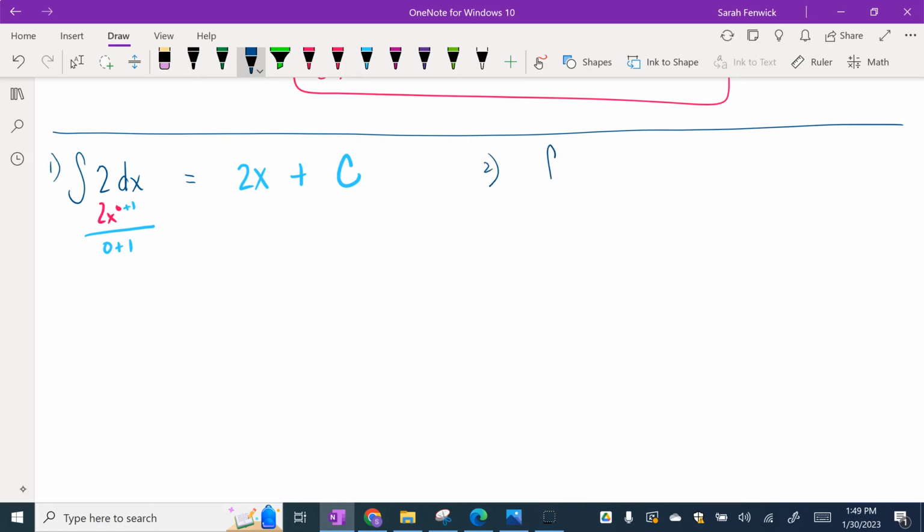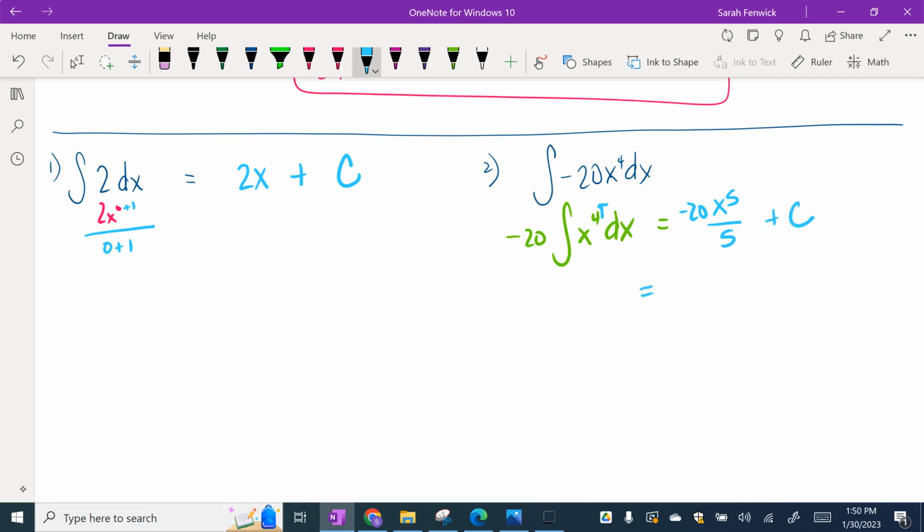Next, let's do the integral of negative 20x to the 4th dx. Well, technically the negative 20 can come out, but I usually skip that step because it's pretty self-explanatory. Then my power is going to go up by 1, so I have x to the 5th over 5, and that negative 20 there. So when you simplify, I have negative 4x to the 5th plus c. Okay,